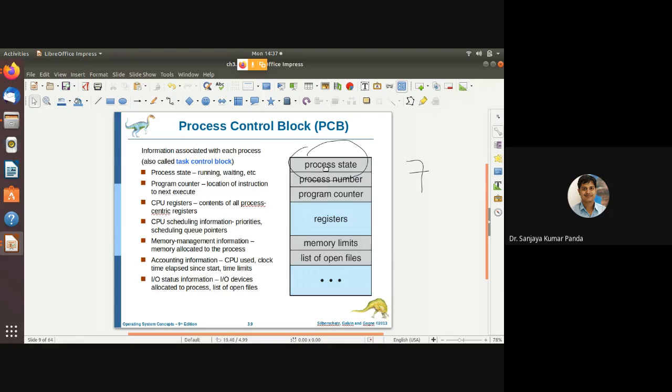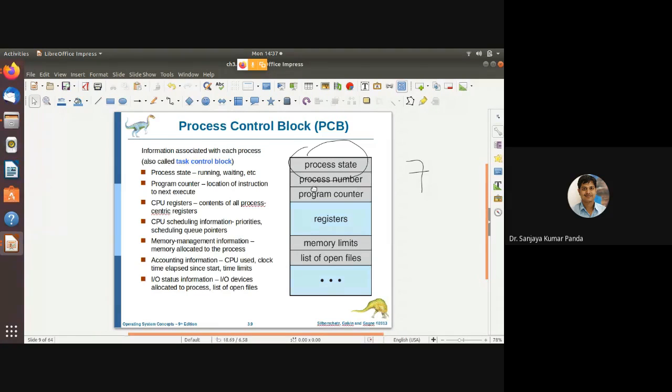Second, I told you that each and every process maintains one record, called the process control block. The process control block consists of a set of things. One is the state: each process is in a particular state. It may be the ready state, new state, terminated state, waiting state, or running state, so its status is recorded here. Then there is a process number, which is a unique number like your roll number. Each process maintains a process number. In Linux, you can get the process number by using the PID.